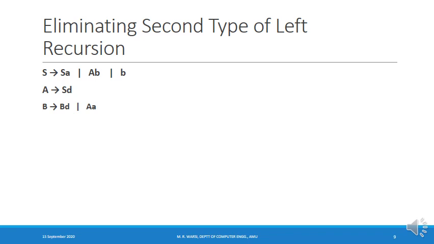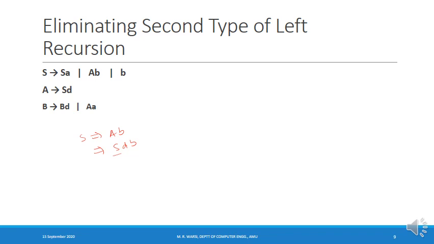We have. If I start the derivation from capital S, I expand it using the second production and I obtain this. And then I expand the capital A and I obtain this string. If you look at this string, it begins with capital S. So we have left recursion in more than one step existing in this grammar. And now we'll talk about the algorithm using which you can eliminate the left recursion in more than one step.